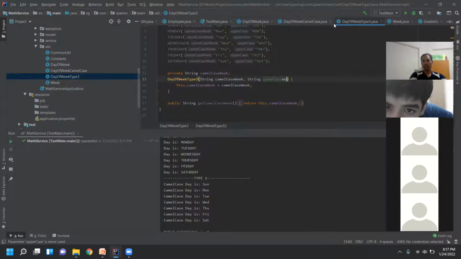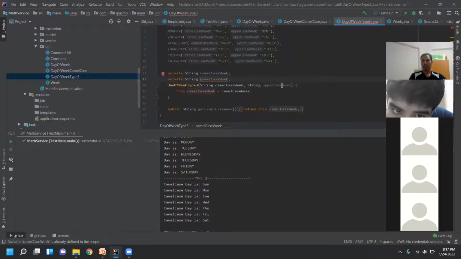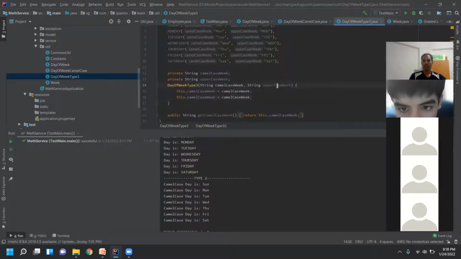Uppercase week. And when you declare this, you don't have the instance variable, right? So you create an instance variable here. Then we need to say this.uppercaseWeek. You have to assign the default state. So default state is like this. So now we need to generate for